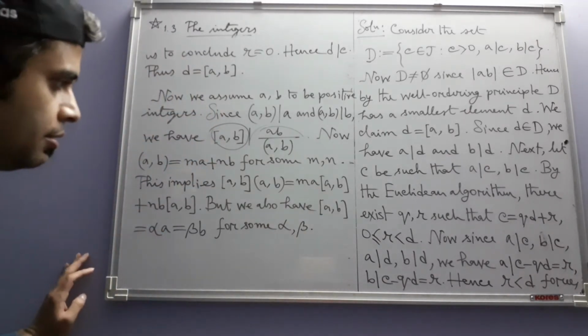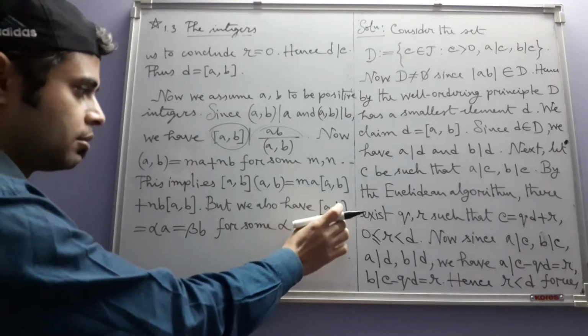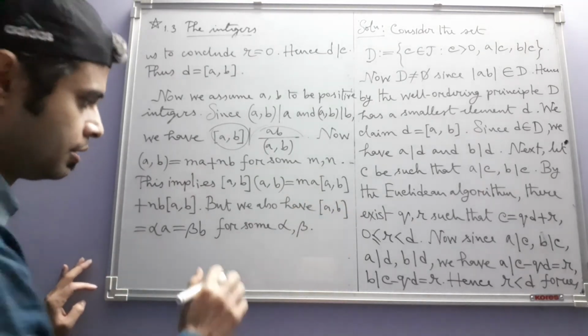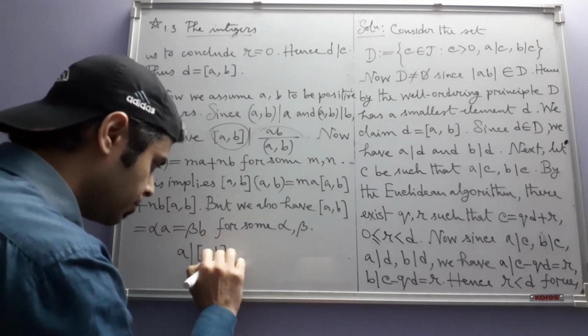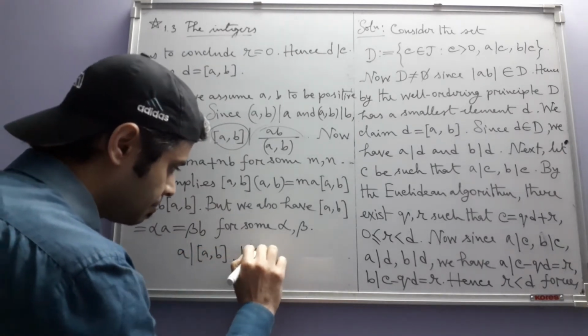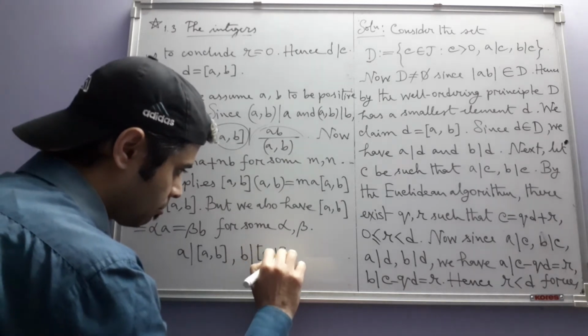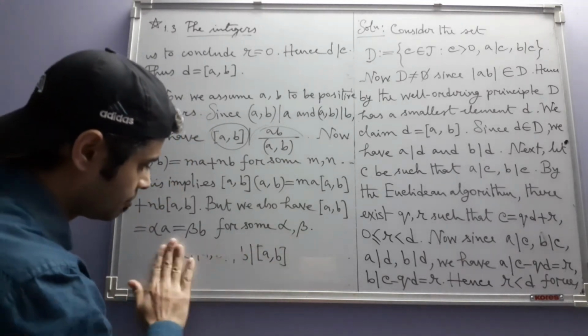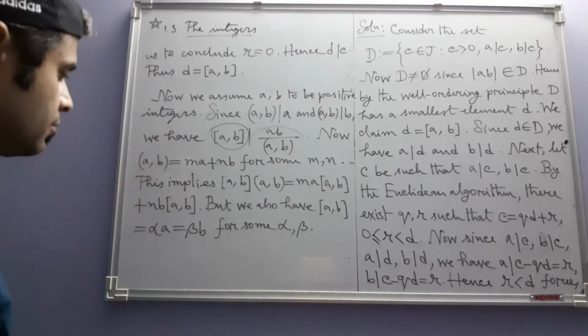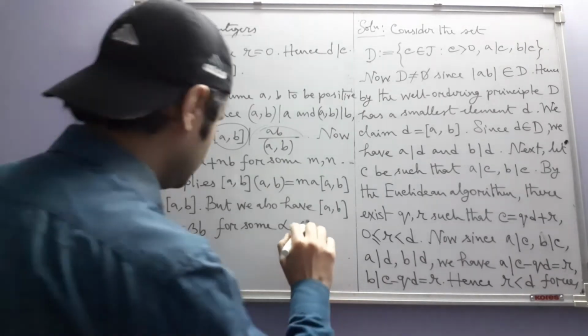Okay, this is coming from the first condition, that a and b are both dividing this number. So it should be a multiple of both a and b, integer multiples. Hence,